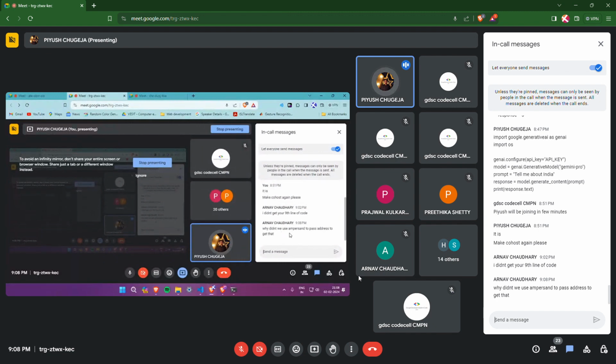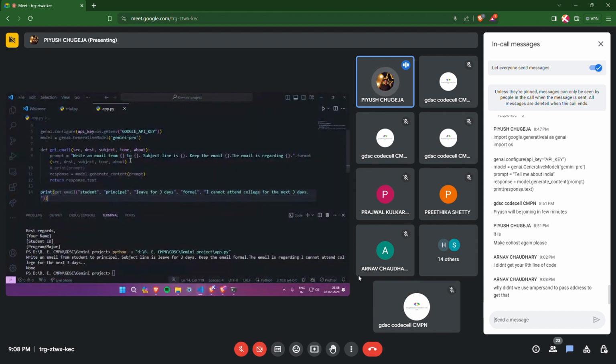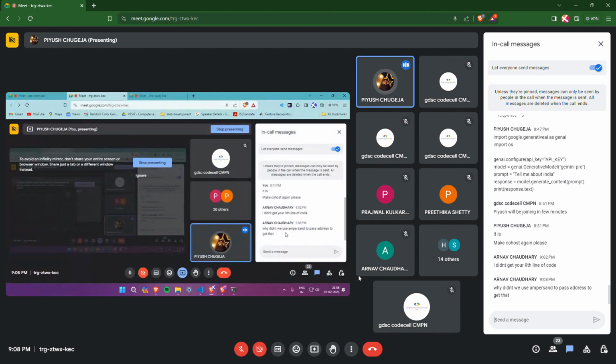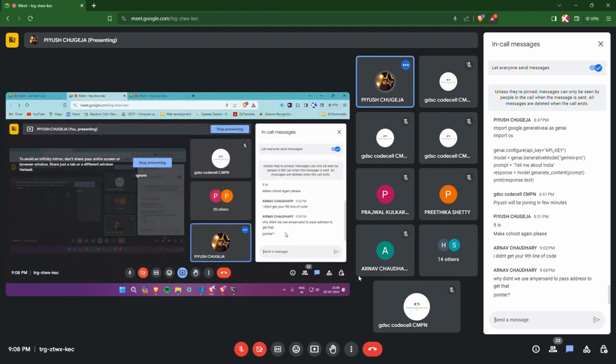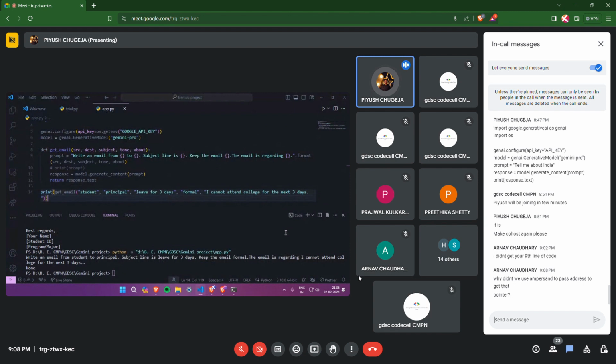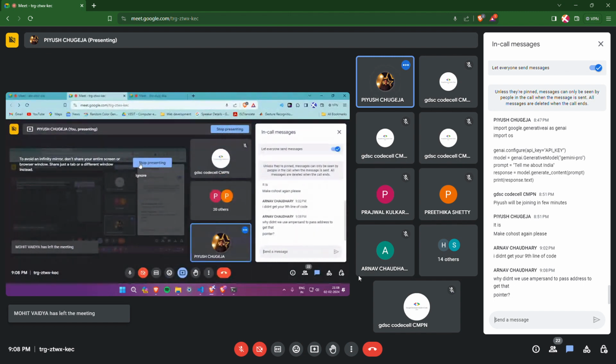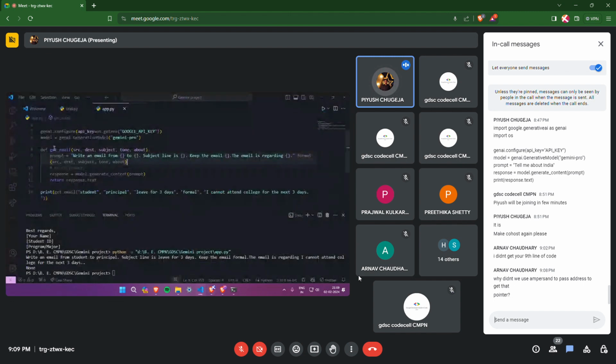Yeah, Arnav, using ampersand there. Are you asking me why we didn't follow the C-based syntax, or are you referring to some other function in Python? Pointer, right? I understood. So basically, Arnav, Python allows you to do this. Python is allowing you to do this, so you can do this. Otherwise, there are multiple ways; this is not the standard.